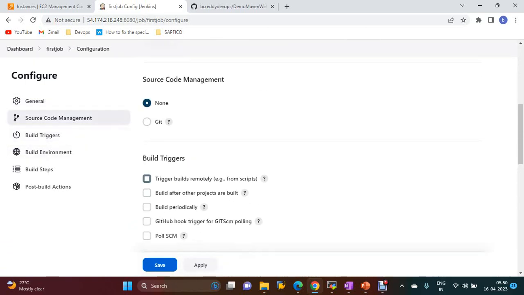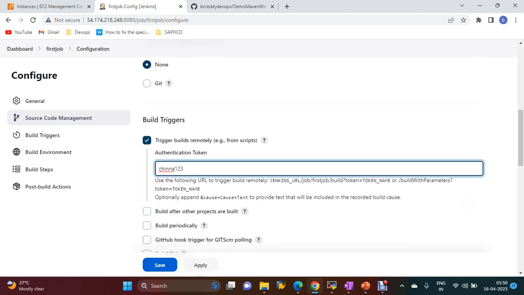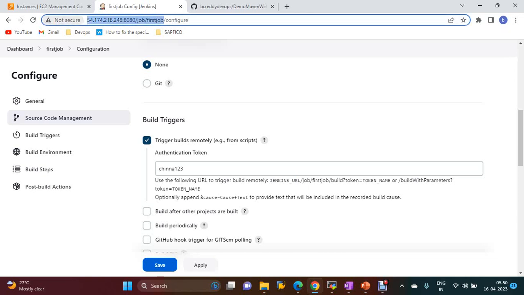if I am going to trigger remotely, for example, using a token, we are going to trigger this job. The token name you can give any name. So I'm giving some random name, Chinna. This is my token. So how we are going to build with this token: here it is saying the Jenkins URL and job, first job, and build token name. So Jenkins job, till here you can copy